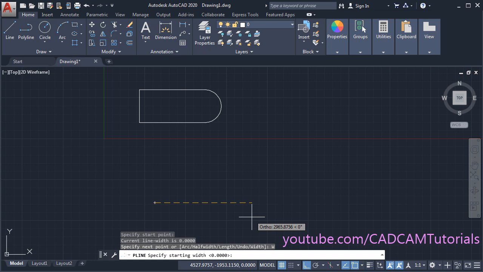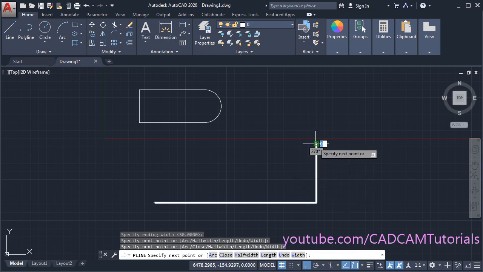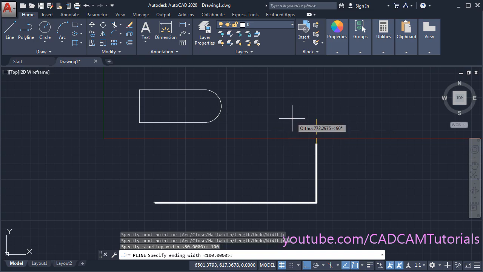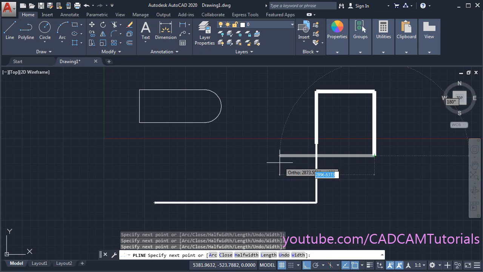Then specify starting width, suppose it is 50, enter, then specify ending width, suppose I will keep the same, enter, and specify the point. So in this way you can create polyline with thickness or width, and if you want you can also change it in between. Suppose again I will click on width, and suppose width is 100, enter, and ending width is also 100, press enter and click. So in this way you can create polyline with different width in the same command, then press